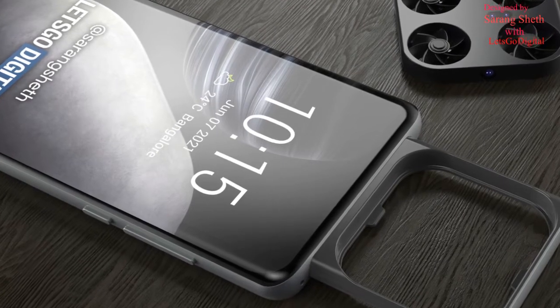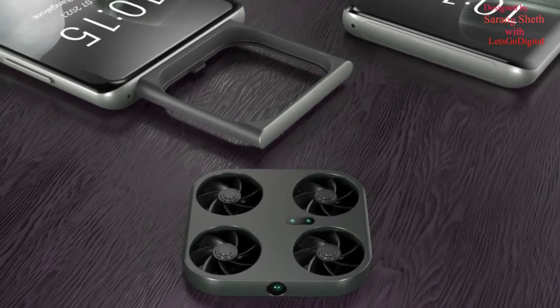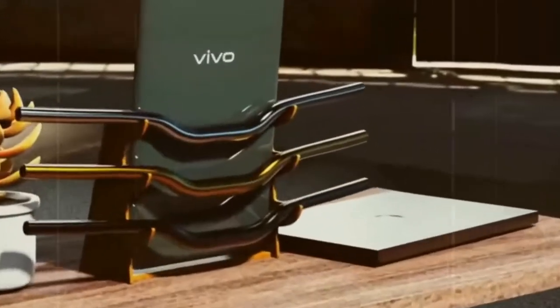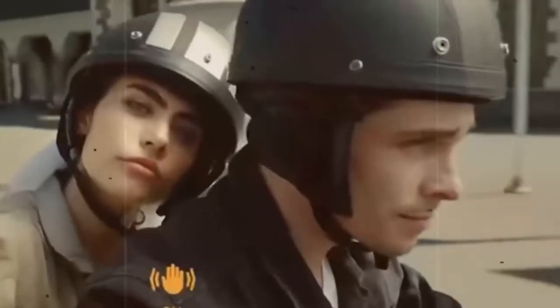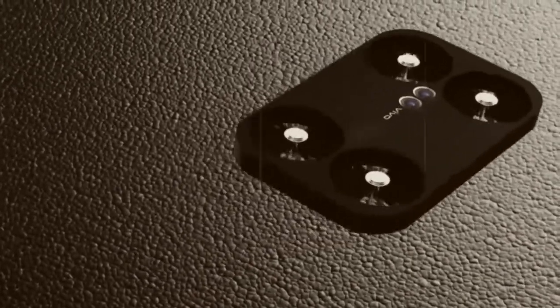when required. While the patent images have provided a good idea of how the module could work, designer Sarang Sheth along with LetsGoDigital have now revealed new concept renders of the device, which help users visualize how the module could work. The render shows a module that slides out of the device in what looks like a large oversized SIM tray. The renders are shared for interpretative purposes only, and it is important to note that Vivo has not yet